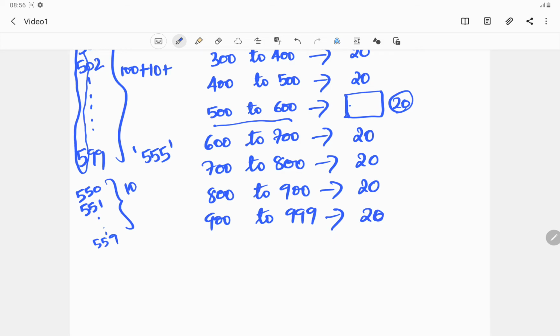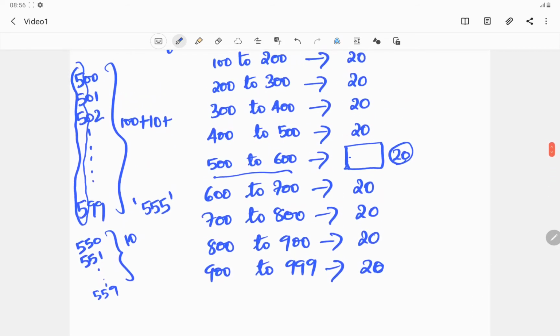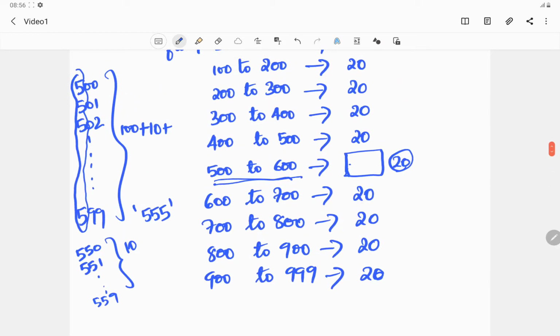Now let us understand in depth what is happening between the numbers from 500 to 600. As we know, we will definitely get 100, because if we list from 500 to 599, the hundredth place will contain 5. Those are the 100 such numbers, so 5 will appear 100 times. Next, there are 10 such numbers where 5 is appearing twice: 550, 551, 552. Not only 10, there are more than 10, that we'll discuss later.